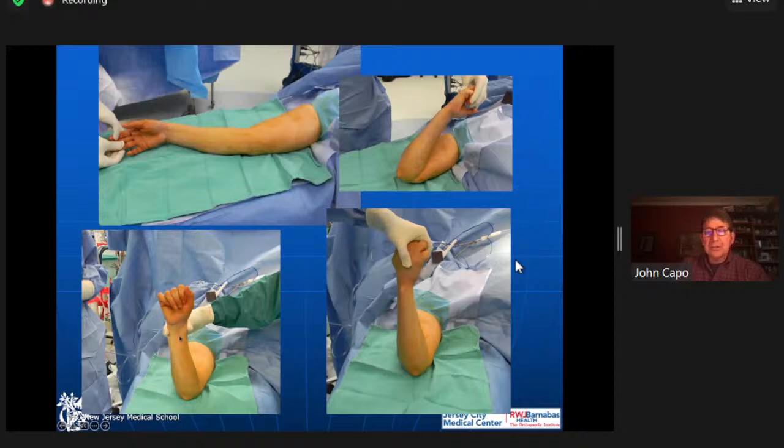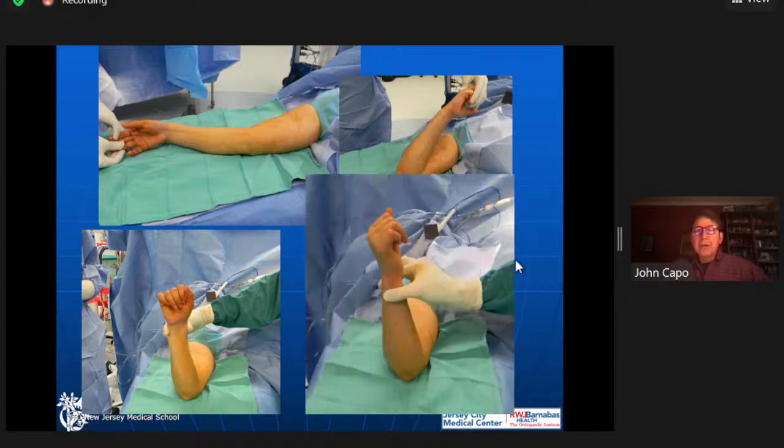Okay, pronation doesn't look bad. This is her supination, and it looks pretty good, but this is my resident supinating, and at the hand you get fooled, and you can actually see her ulnar styloid right here. So it looks like she's got 45 degrees of supination, but looking at it from ulnar styloid to radial styloid, she's got nothing really, like 10 degrees mainly. So really look at the forearm, not the wrist and the hand.